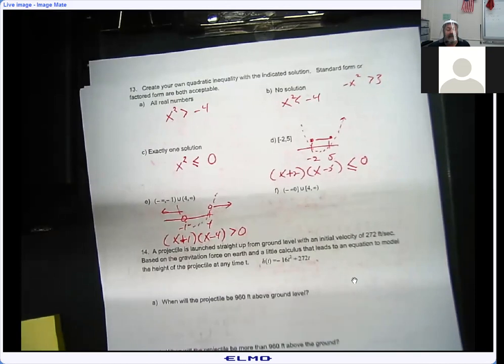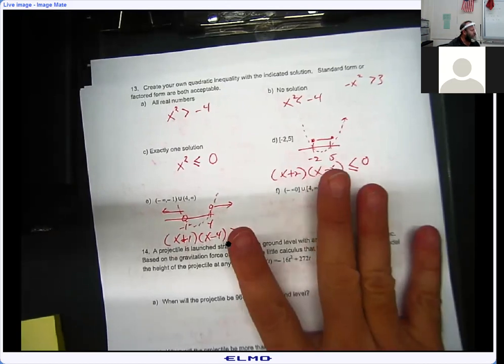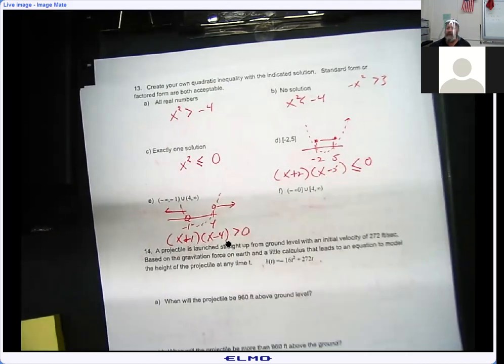Now, number 14, I didn't quite get to. We'll have to pick that up next time. But your homework is just to finish up as much of that as you can. So you have two things, which is the prerequisite review, which we already did about half of, and then this thing, which we've done probably 80% of. So you just have a couple extra questions to do there. And we will pick it up later. And Maisie, just let me know if you need any help. I'm going to hit stop on